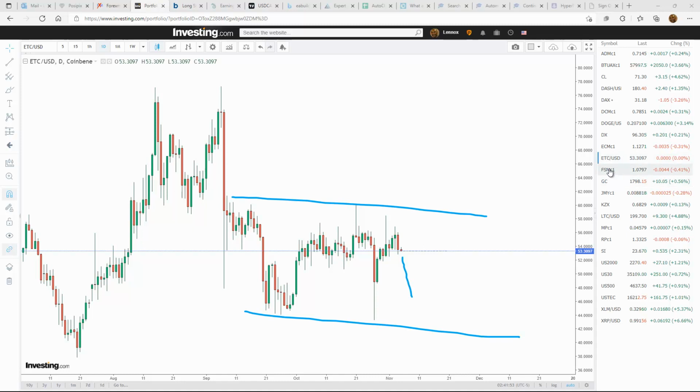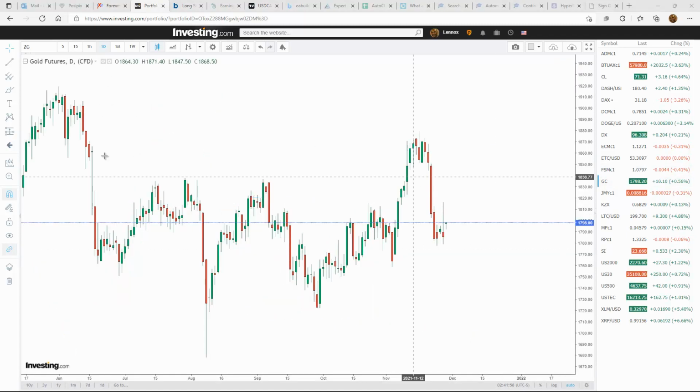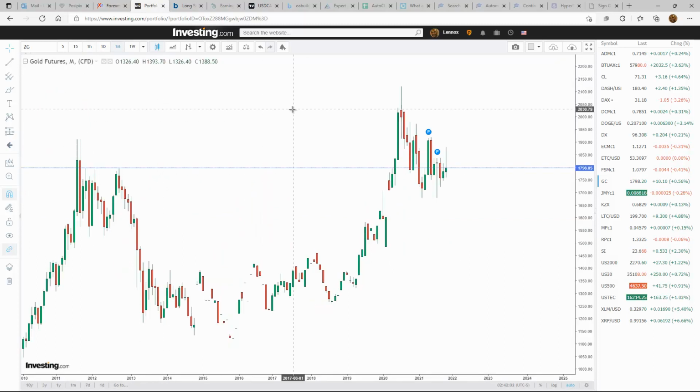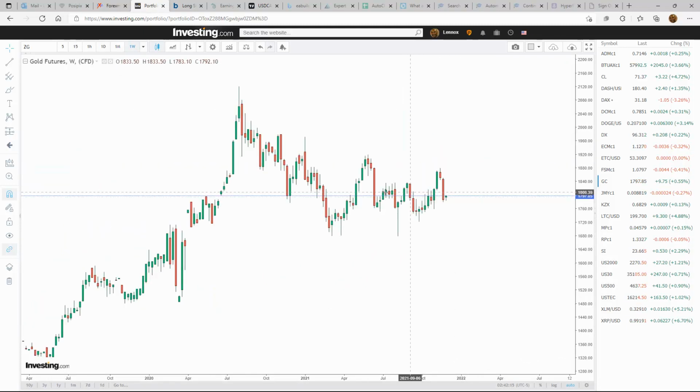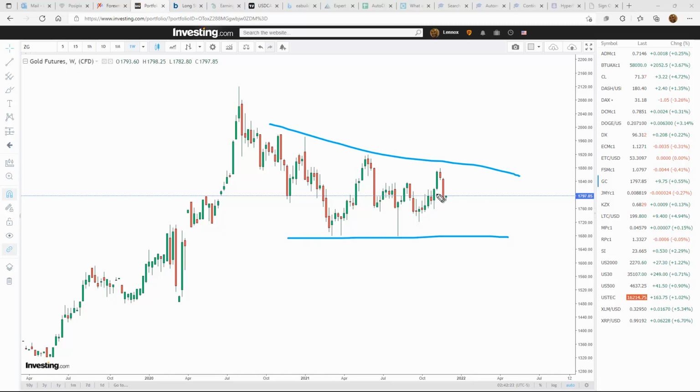All right, let's take a look at gold. And with gold, let's go to the monthly. Quite the push up to the top and back down, and now we're also in a sideways funk here. So let's drop down to the weekly, take a closer look at where we are. So you can see indeed we are inside of a sideways type channel, and heading back down in this channel.